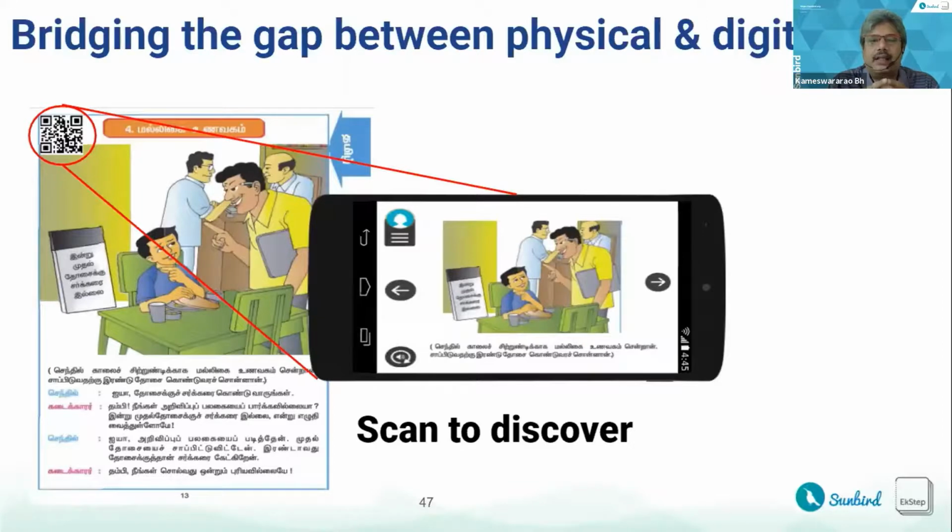What we have is you can basically create a QR code and stamp it on the physical entity, like let's say a textbook. You print a QR code on the textbook, and the student or teacher scans it, and they get the relevant content of that chapter, right? So they don't even need to browse through the digital textbooks and go to the chapter. They have the physical textbook at hand. They just scan the QR code and get it, right?